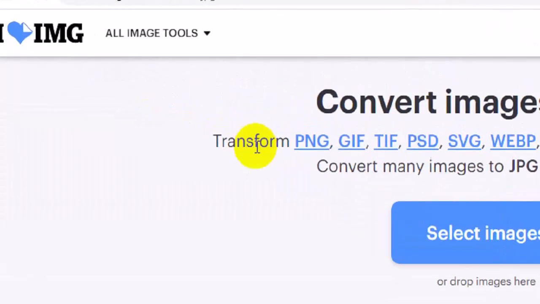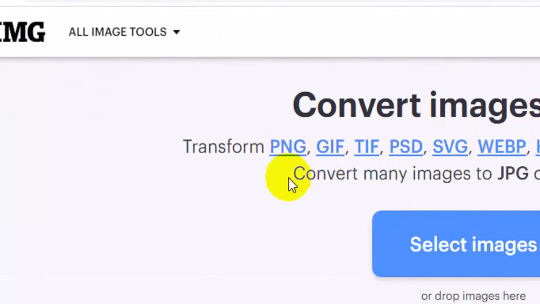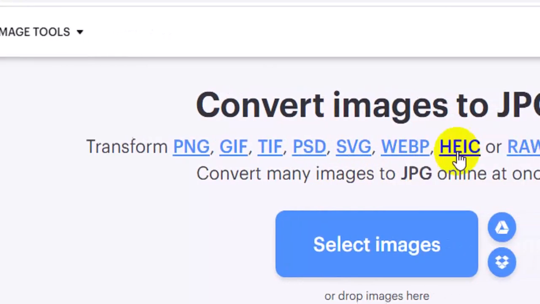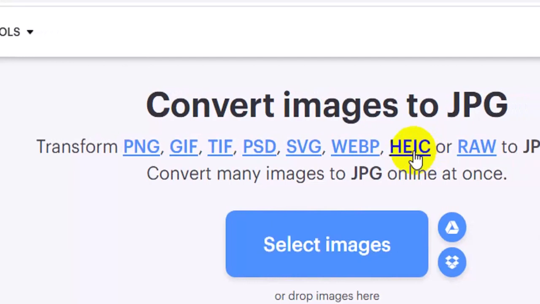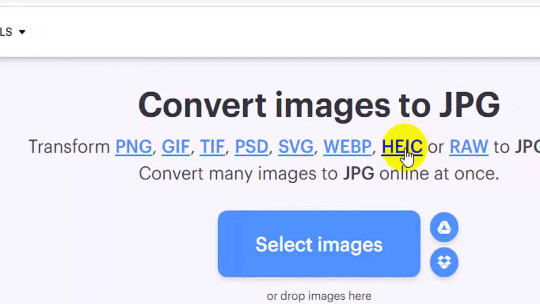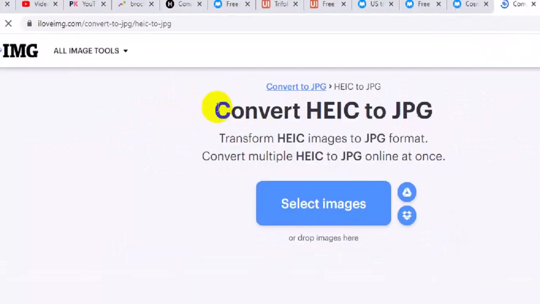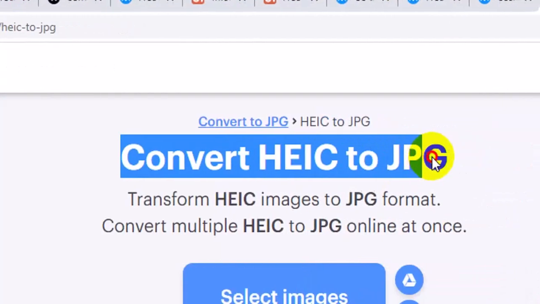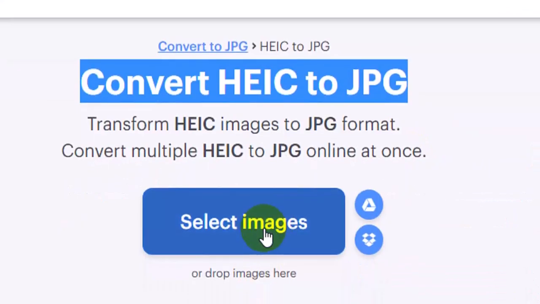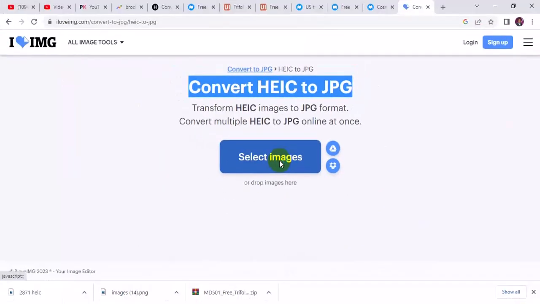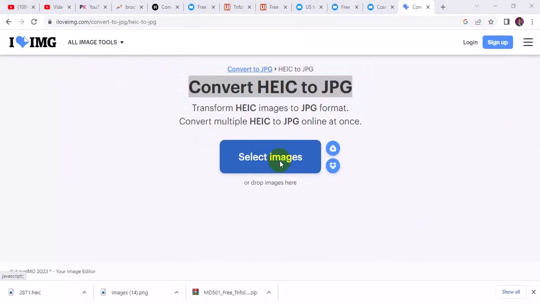Right here, these are the different file formats that you can convert to for free. You can convert to PNG, GIF, TIF, PSD, SVG, WebP, and HEIC. So this is what we wanted to do. So you have to click on HEIC. Having clicked on HEIC, you can see the indicator right here that we are converting HEIC to JPEG. For you to do that, you have to browse your image into the website. You have to just click on select image, or you can pick your image from Google Drive or Dropbox,